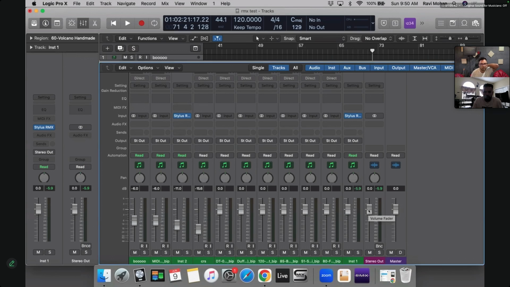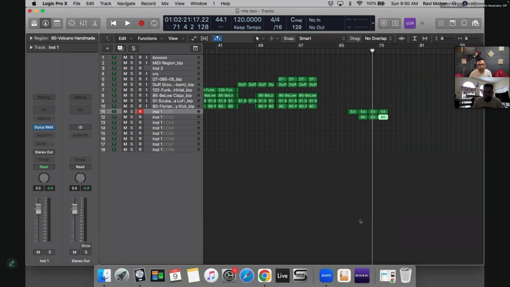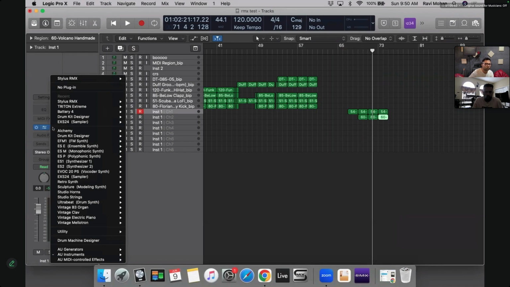You might want to do that as well, but we usually don't, because our workflow is to just bounce everything to audio and start that way. But if you still want to do that, instead of this RMX, and you can do this not only with RMX but with something like Omnisphere or Kontakt, any multi-timbral instrument works. There's this UVI Falcon, you can do the same with that.